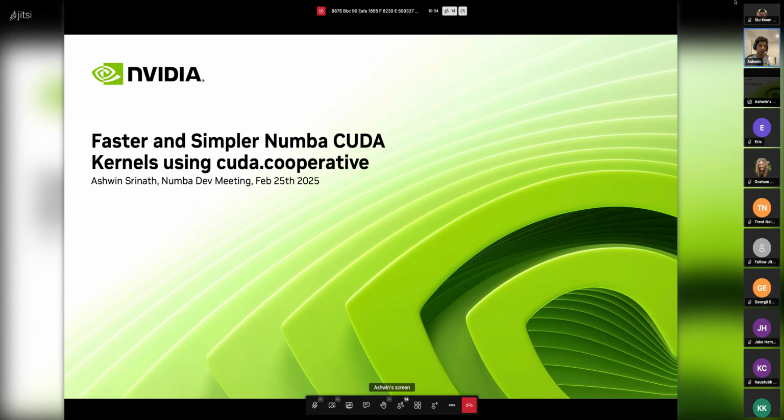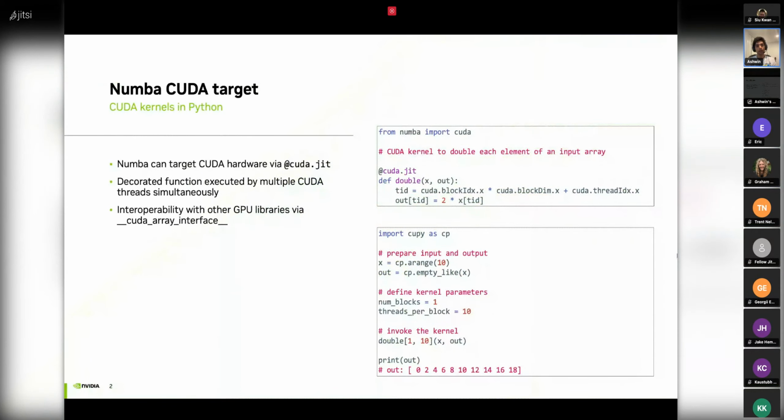Today I'm going to talk about CUDA cooperative, which is a set of extensions to Numba that make it faster and simpler to write CUDA kernels using Numba. So Numba, as we know, is a compiler for Python functions. It takes Python and JIT compiles it into executable machine code. In addition to targeting the CPU, Numba can also target the GPU, CUDA GPU specifically via the